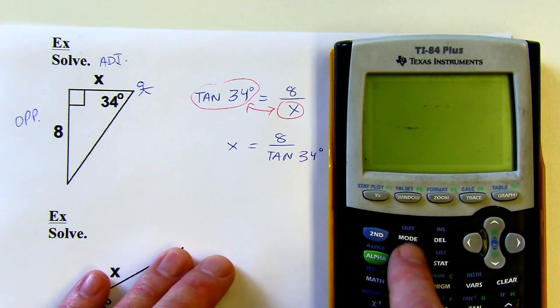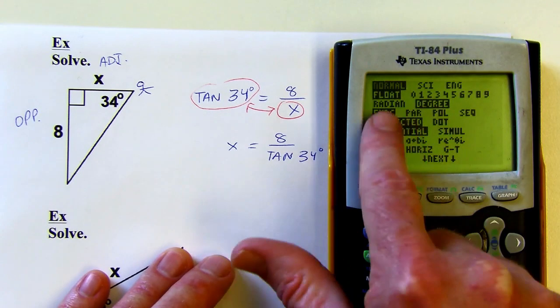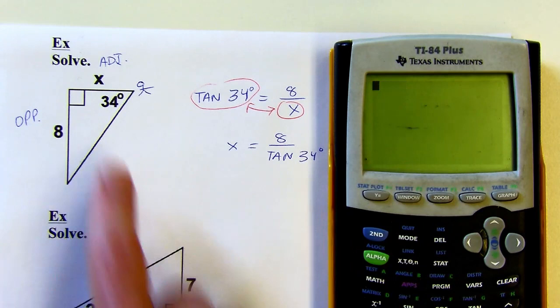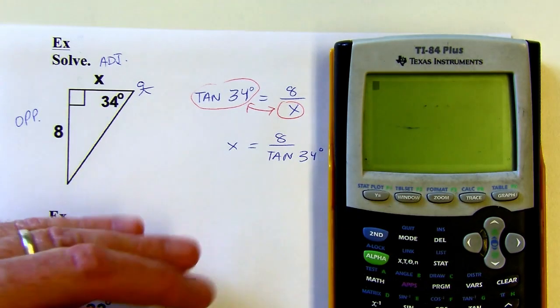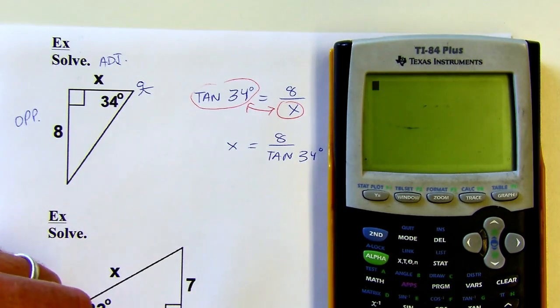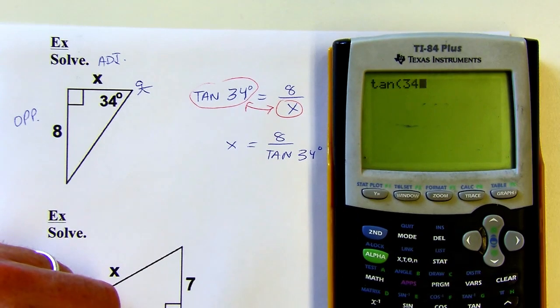So on these calculators, the mode button is right there. I'm in degree mode, that's the third one down. You do not want to be in radian mode because this angle is measured in degrees. You can also measure angles in radians, which we haven't gotten to yet, but we will later. Okay, so I can type in the tangent of 34 degrees and hit enter, and that's about